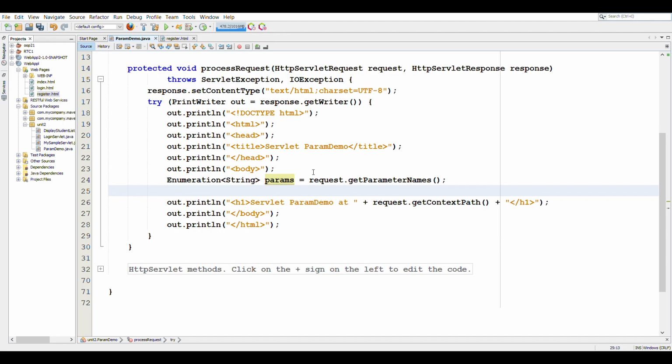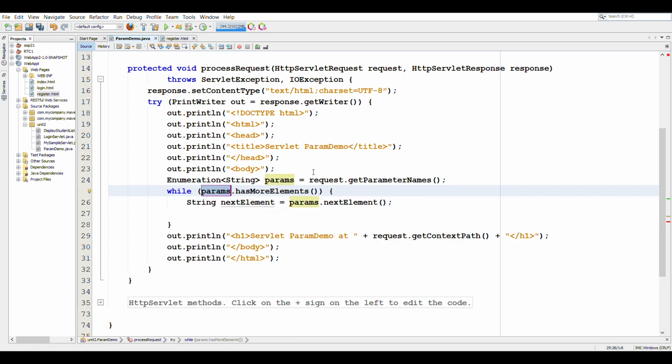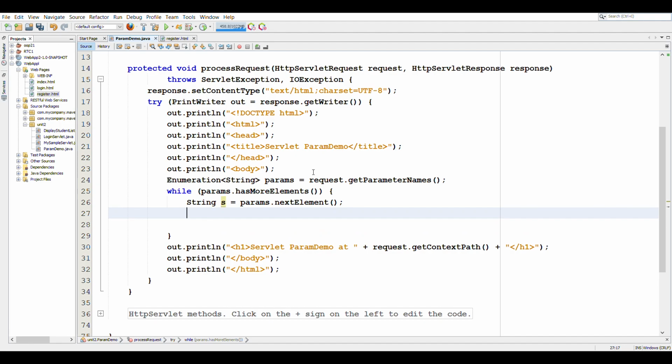Now to traverse through an enumeration, there is a method hasMoreElements. So we will use a while loop wherein we check whether params has more elements. Then we will store the next element in a string s. Once we have the parameter name, s is the parameter name that is available in the request object, and then we will need to get the values of s.